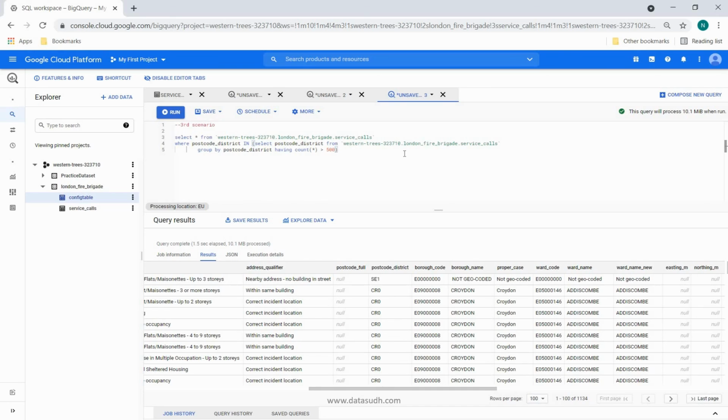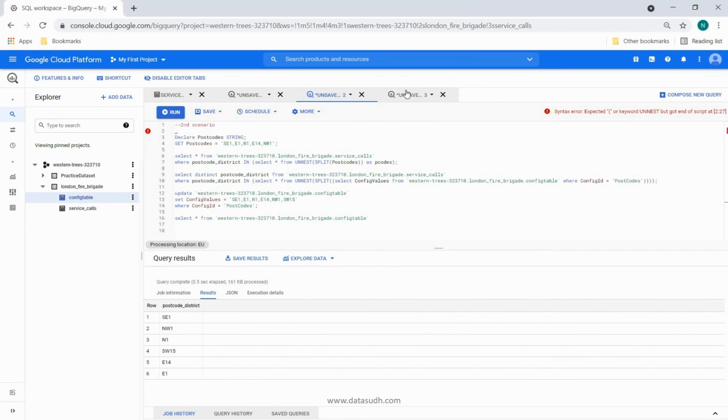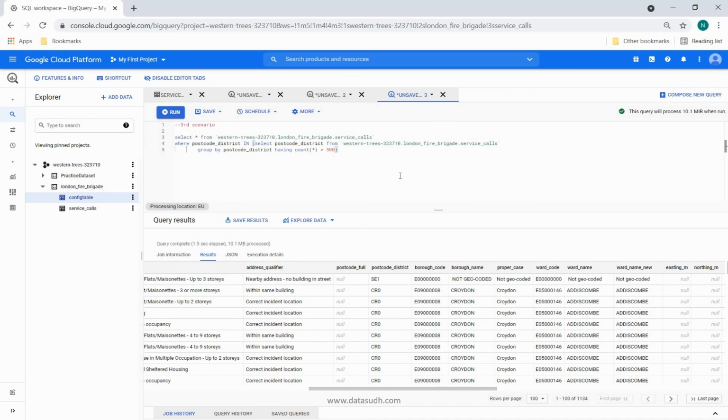Now these subqueries may not necessarily be from the same table, or be as simple as what I have shown. It could be logic which is happening by joining multiple tables and then used in the subquery, but the way to use it will still remain the same. So these are the three scenarios which are most commonly used when we are using the in operator in Google BigQuery for data filtering.